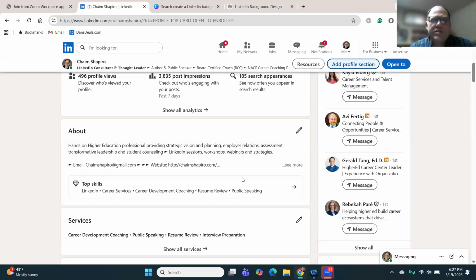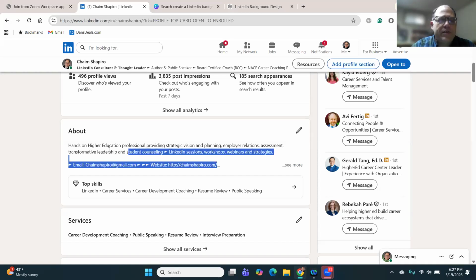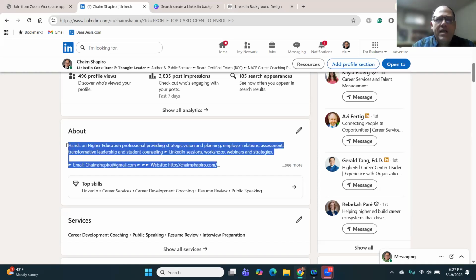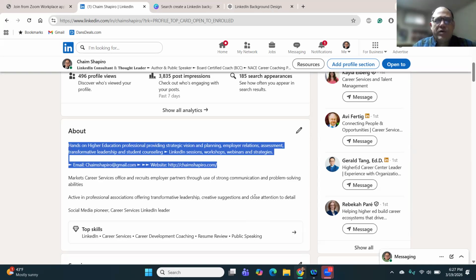But back in the day, we used to talk about the top fold of the New York Times that everybody saw in the actual newspaper box. And if you flipped the fold over below the fold, you lost about half of your audience. You want to make sure your most important stuff is up here at the top where anyone can see it, because only the most dedicated people who are really interested in reaching out to you will click the see more button to see the rest of it. Now, this is highly searchable, so you can include other things here. Make sure to lead off with your most important stuff.